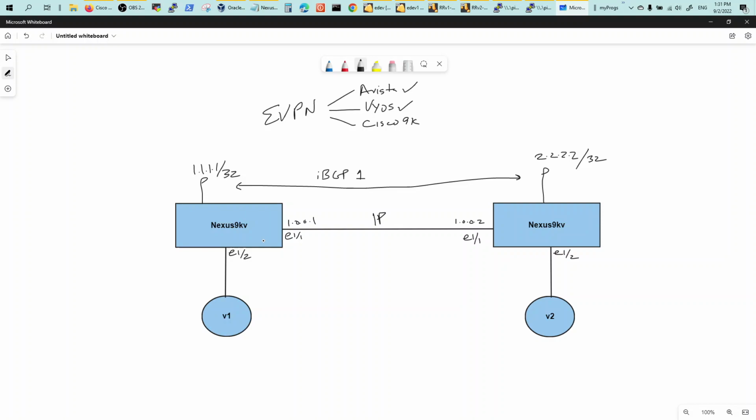BGP AS1, so it's an IBGP between the 2 loopbacks. And then I have on this port VLAN 900, VLAN 900 with IP address 192.168.0.10 here, 192.168.0.11 here, /24s. And the interface VLAN here is 192.168.0.1, and same with this guy, 0.1